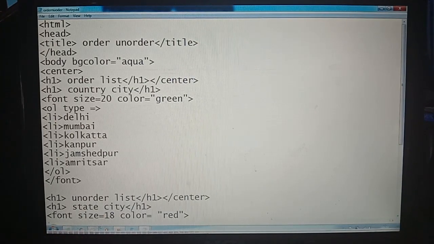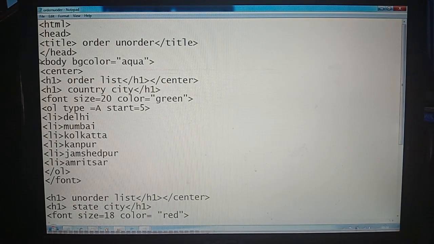You may mention a value, like I have mentioned capital letter A. Clear? And start equal to, I want to start from a different number. Start equal to 5.